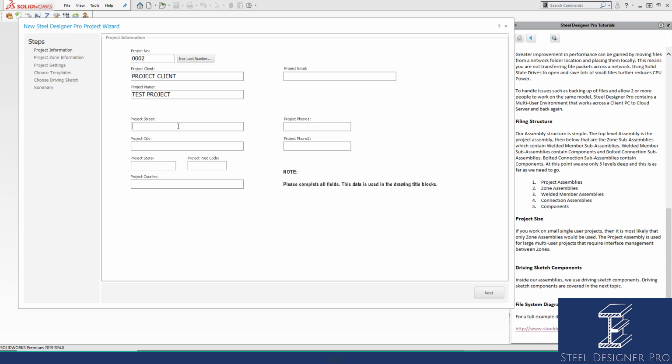But first, we'll go through this process, we'll take a screen grab of it, and then I'll open up a sheet template and show you where all these fields actually reside in the drawing sheet template. They are required on your drawing sheet template so that it can fill this information in and display it on your drawing sheet. So project street, I'll just put in project street,